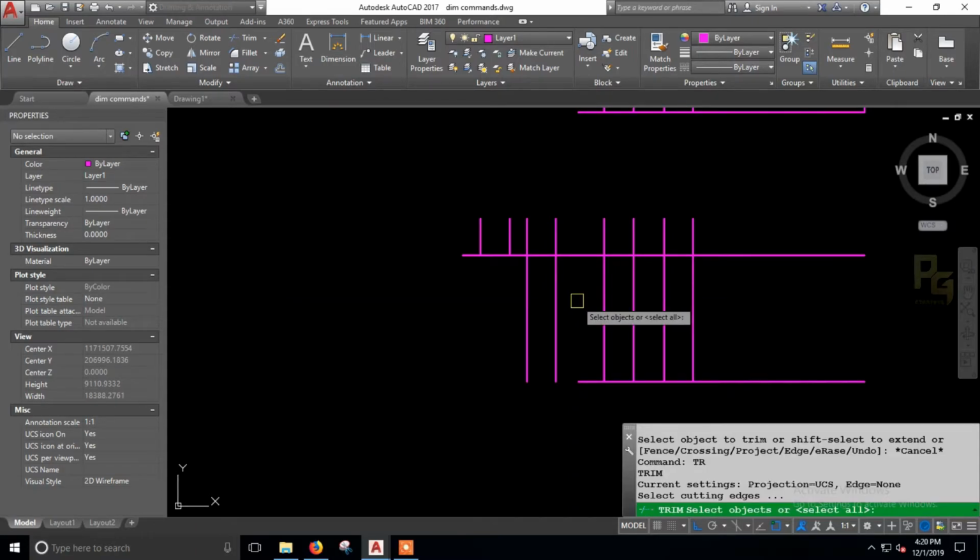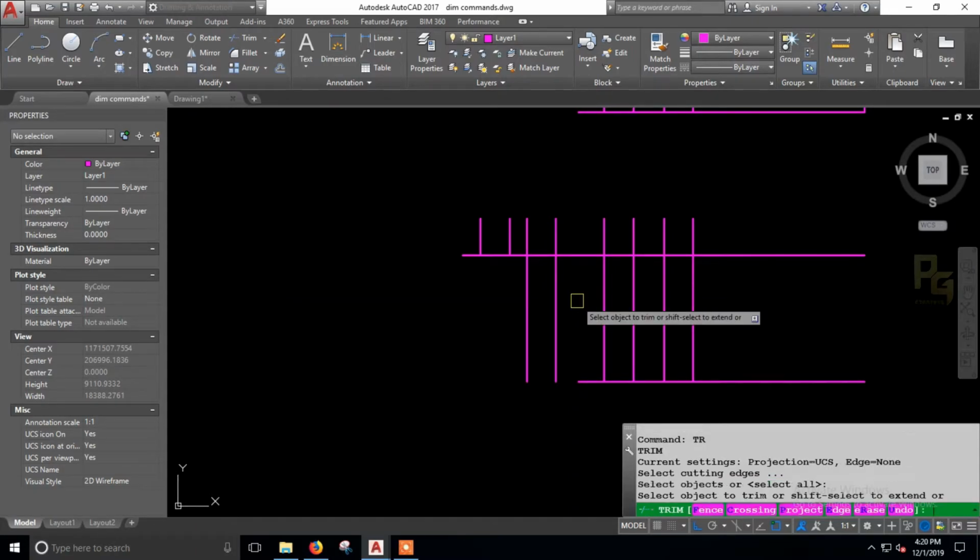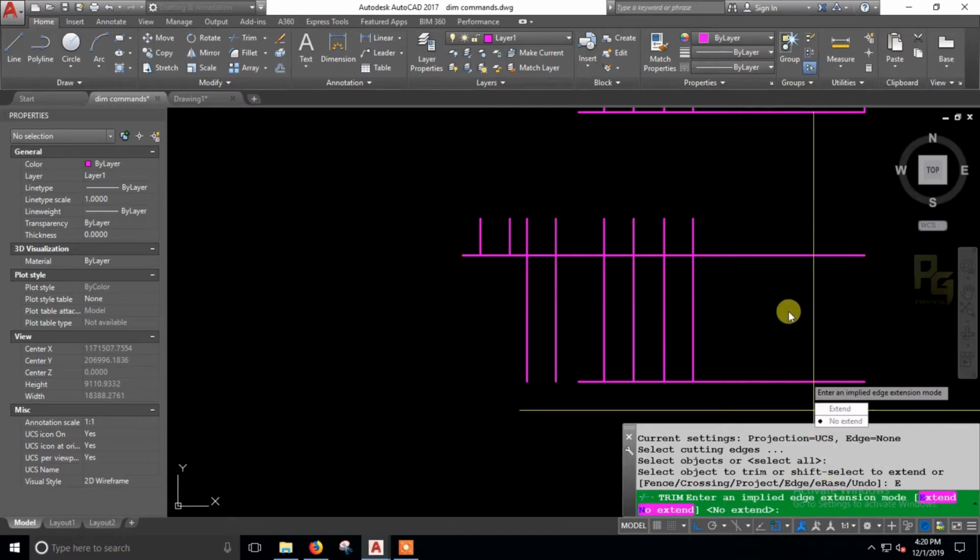So what is the difference between using extend and no extend? If you use the extend option, it takes a line far away from our object also as a cutting edge. It takes these two lines, takes this line as a reference, which does not even touch this line.